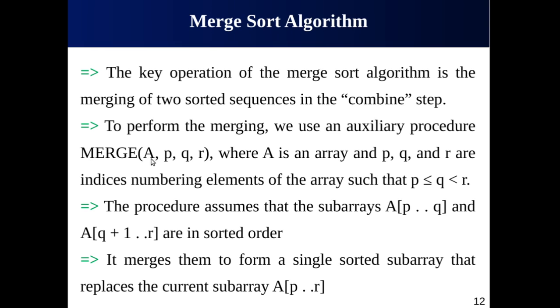And A is actually the name of the array, and remember P, Q, R are the indexes. P is the location of the first element, R is the location of the last element, while Q is the midpoint that we have just calculated by using the ceiling or floor function. Okay, we also have a condition that P is always going to be less than or equal to the mid, and mid is going to be less than the final value. Okay, so the procedure,